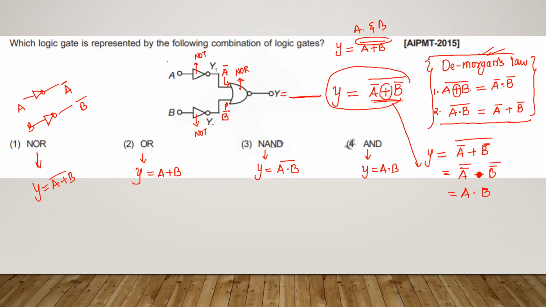These are some Boolean laws. So whenever you see A double bar, you have to write it as A. If you see B double bar, then write it as B. Similarly, if you have A triple bar, then A double bar represents A, and an extra bar will be there. So what is our final answer? Our final answer is Y equals A dot B. So which one is the correct answer? Option 4 is the correct answer.